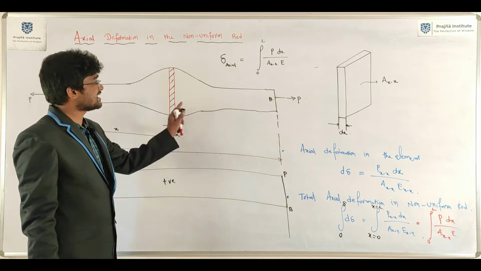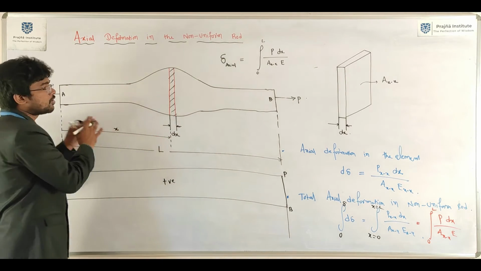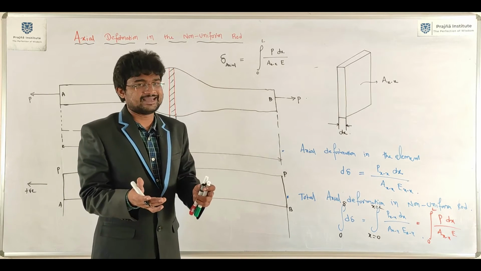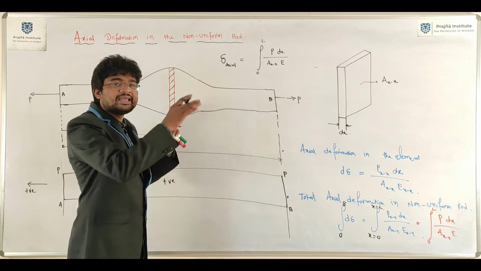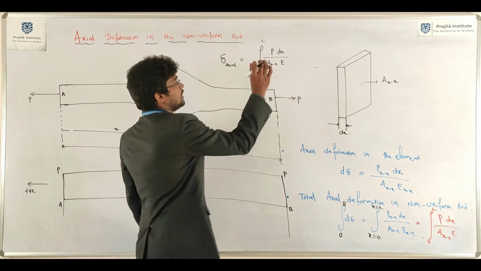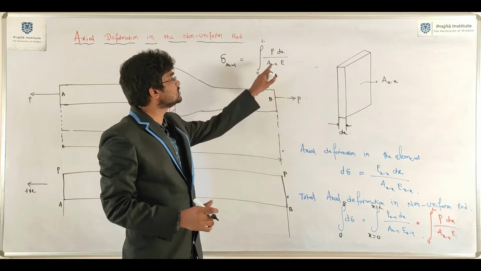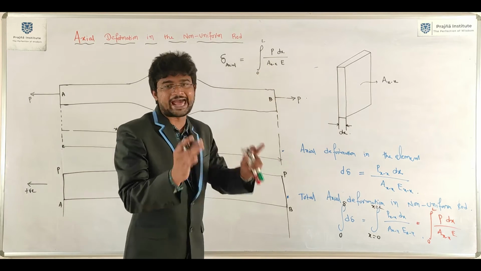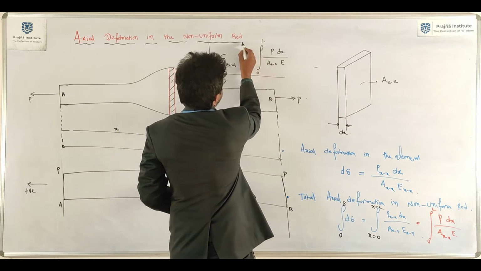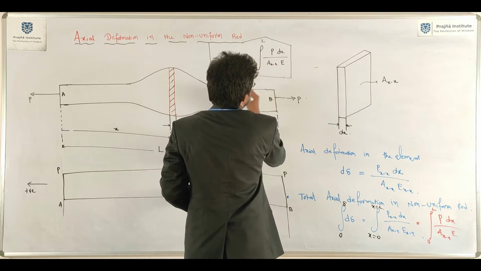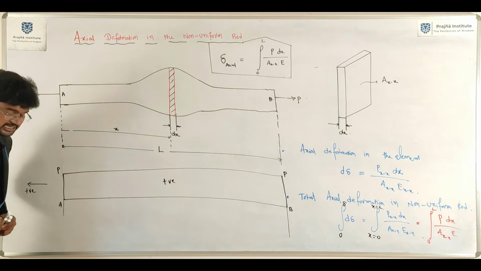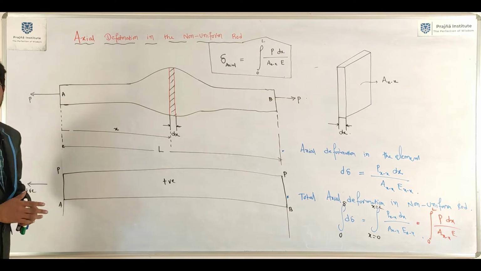So the cross section is varying throughout the bar. It should follow some formula, it should be varying by following some equation. From that you need to calculate Axx. Just substitute here and integrate from 0 to L. You will get the axial deformation in the non-uniform rod. This is the way to determine axial deformation in the non-uniform rod.